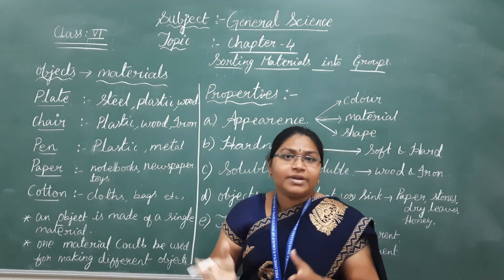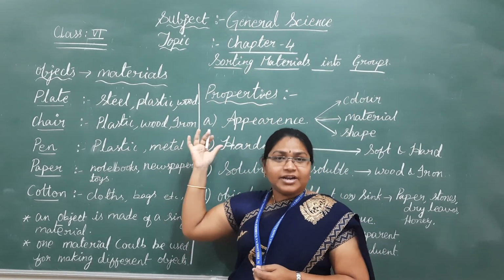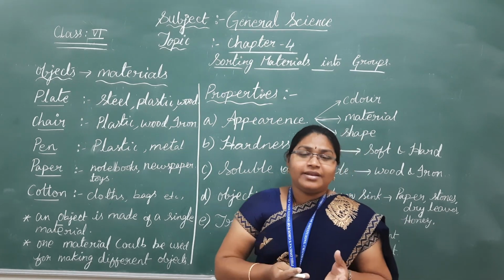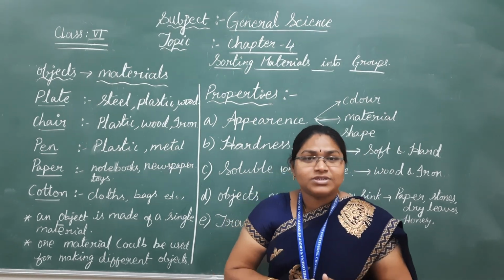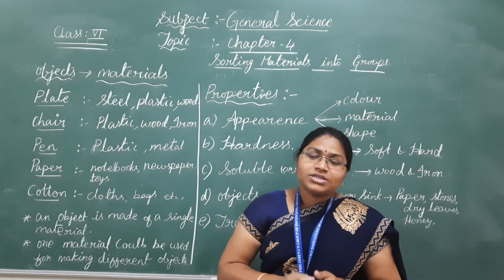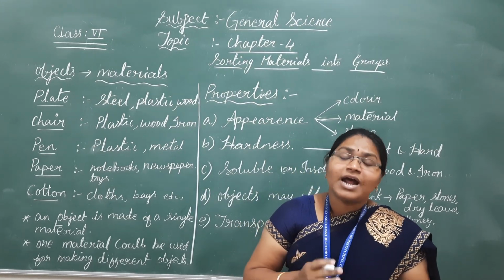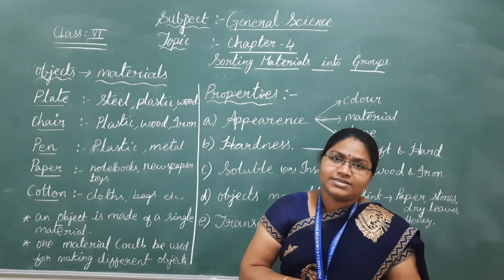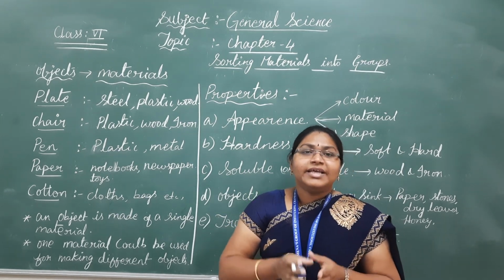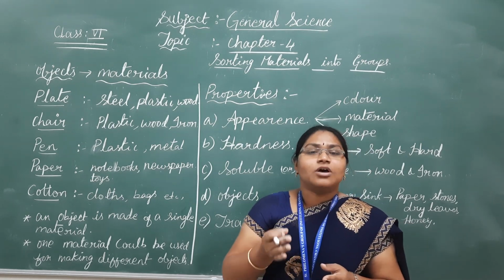Okay, so for example, we have seen in our life around us so many materials, so many objects, like this chalk piece, blackboard, green board, chair, cards, clothes, paper, pen, and different fruits. These all are different from each other. Why? Because these objects have different shapes, different colors, and different uses, their properties, right? So depending on their properties and their color, their shape, we can segregate, we can separate those objects or materials